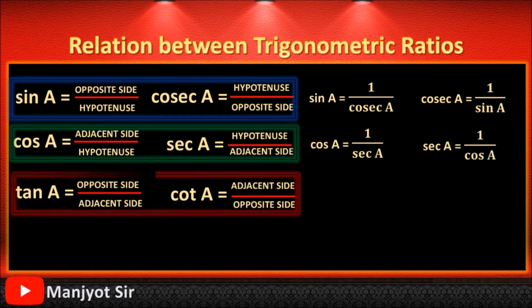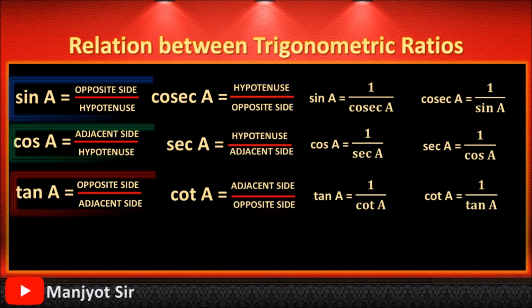Similarly, if you observe third pair, that is tan and cot, tan is opposite upon adjacent, and if you flip it, we'll get adjacent upon opposite, that is nothing but cot. That means tan is equal to 1 upon cot and cot will be equal to 1 upon tan. So we'll note that also. I hope that these six relations are very clear. We have flipped all the formulas and we got reciprocal and we wrote that. That means sine is equal to 1 upon cosec, cosec is equal to 1 upon sine. Then we got cos is equal to 1 upon sec, sec is equal to 1 upon cos. And lastly, we got tan is equal to 1 upon cot and cot is equal to 1 upon tan.